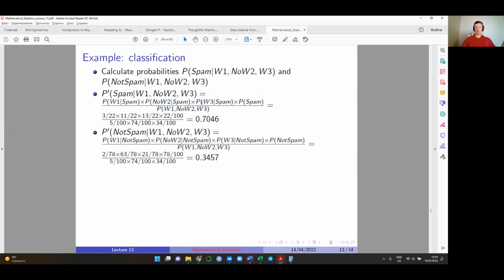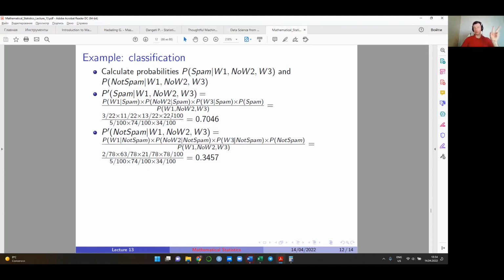The second conditional probability, which is not exactly a probability, is 0.3457. So we compute this based on the same thing. Look, the denominator is exactly the same here. The numerator changes because now we take conditional probabilities to observe word Bitcoin, no word million, and word unsubscribe given not spam. It's here. And now look, what is the problem? Given these three facts about our email, that there is a word Bitcoin, there is no word million, and there is a word